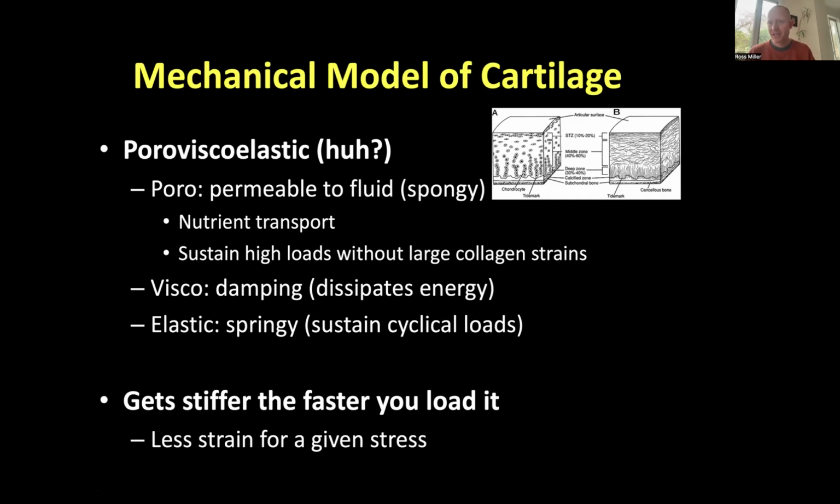Compared to if I didn't have any water in my cartilage, I would get much, much larger strains in that cartilage because it's not stiffening up from that fluid content. So having all this synovial fluid, which is kind of like water, in the cartilage allows it to stiffen up when I'm trying to squish it and load it quickly, which results in less strain for a given stress compared to if I didn't have that water in there, where I'd get larger strains